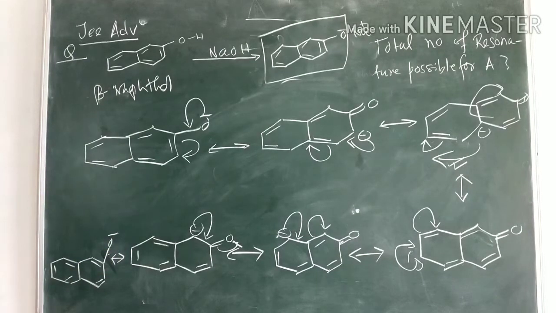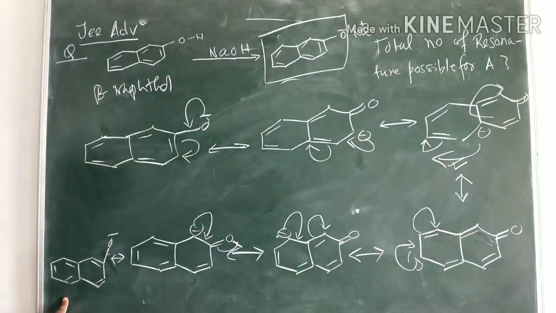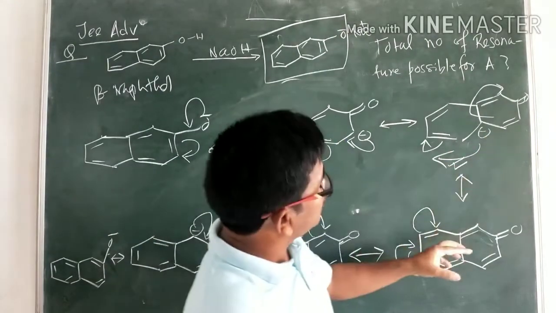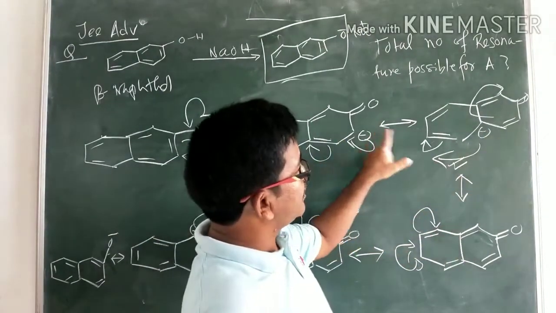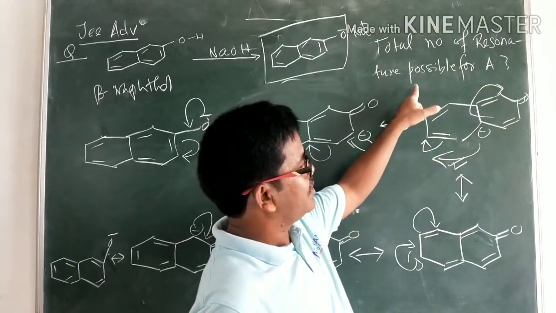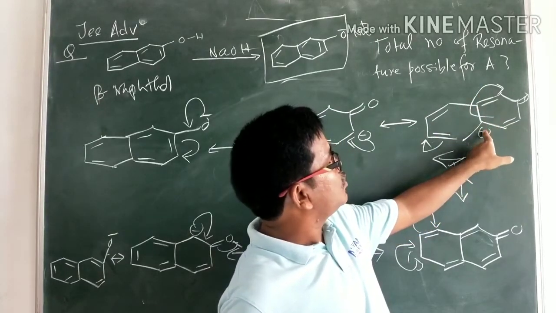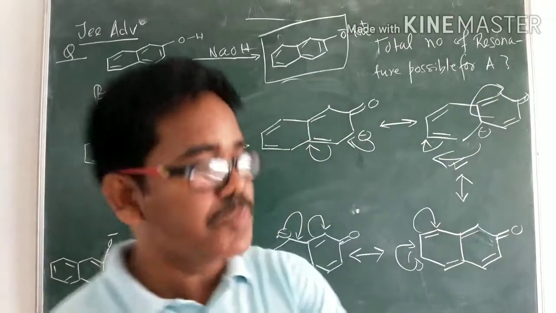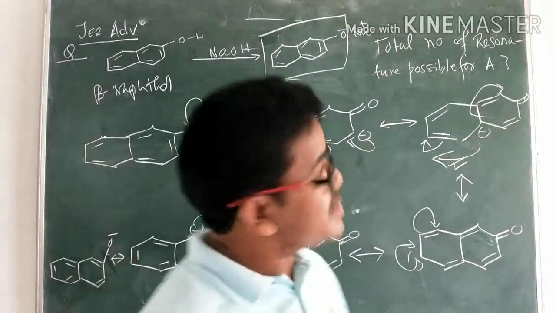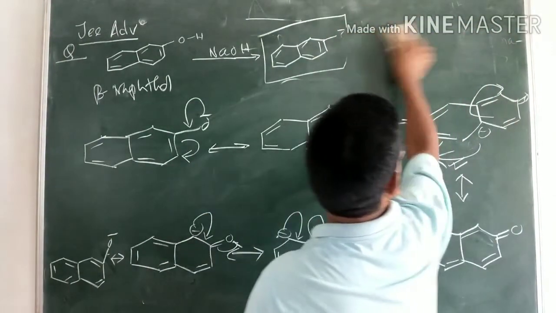By this time, we got how many structures? 1, 2, 3, 4, 5, 6, 7. 7. But here I told you after this particular position, the conjugation was in two different directions, either this direction as well as this direction. Now we have done this particular direction. This direction is left behind. Now we need to complete the resonating structure with this direction also. Therefore, with these directions, if we proceed for the resonating structure, what we will get?